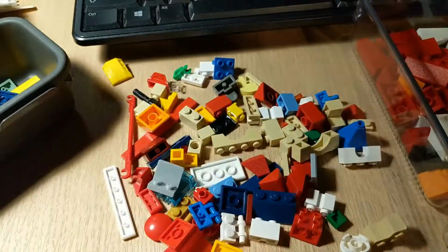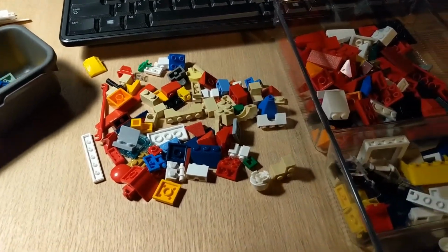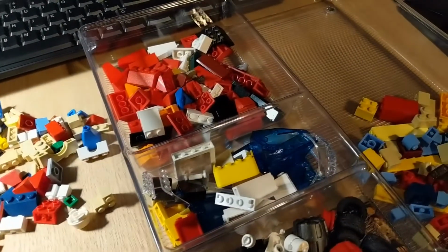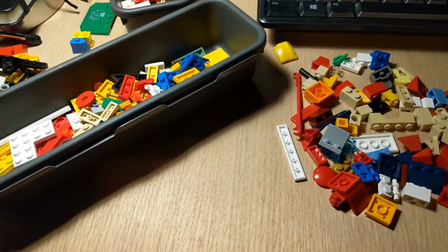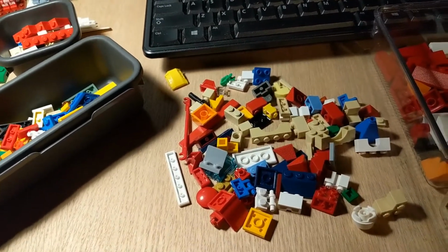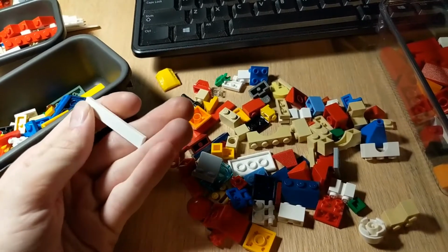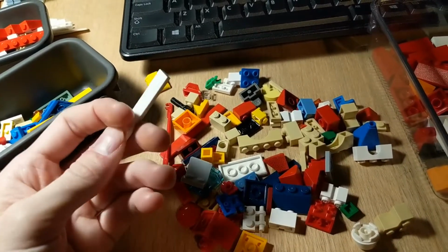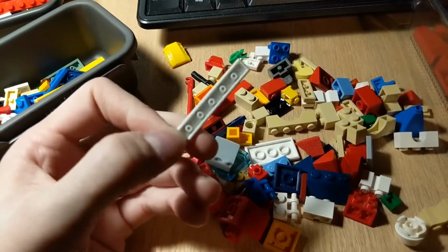So that tells me it's something worth doing, at least for me, the way that I like to handle keeping track of the Lego that I have. It comes in handy when you're looking at building a project and you need to know what specific pieces you might need to order to complete the project. So if you're needing 20 1x6 white tiles, it's very useful to know how many of those you already have